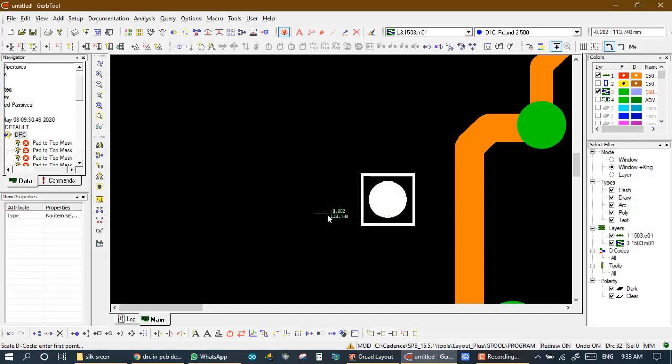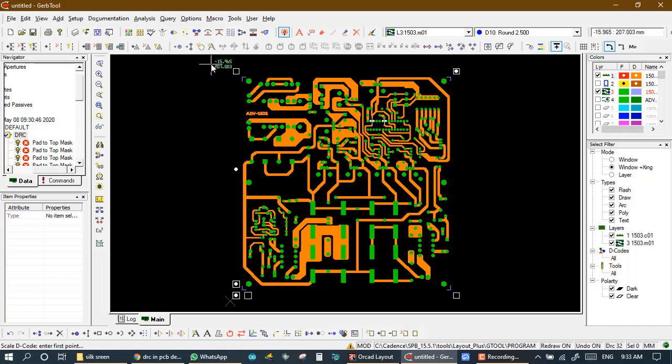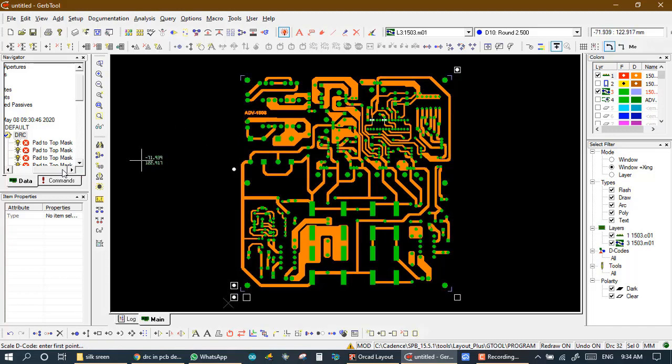Here you also increase 3 times, 2 times. Now we save it and Control R. Now we check DRC a third time.